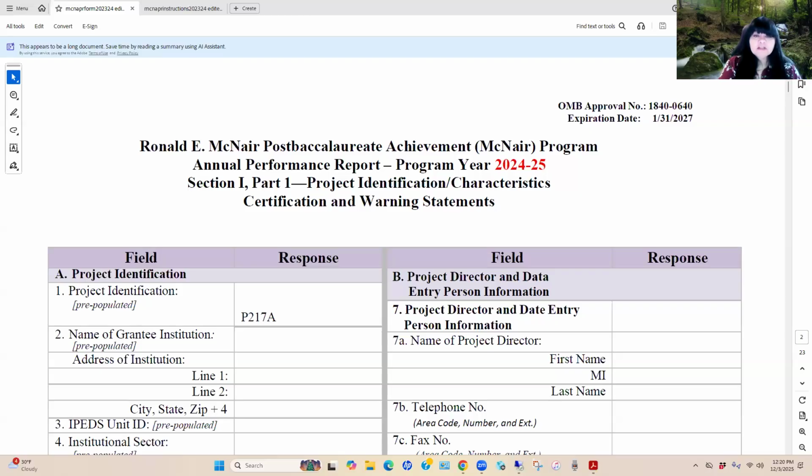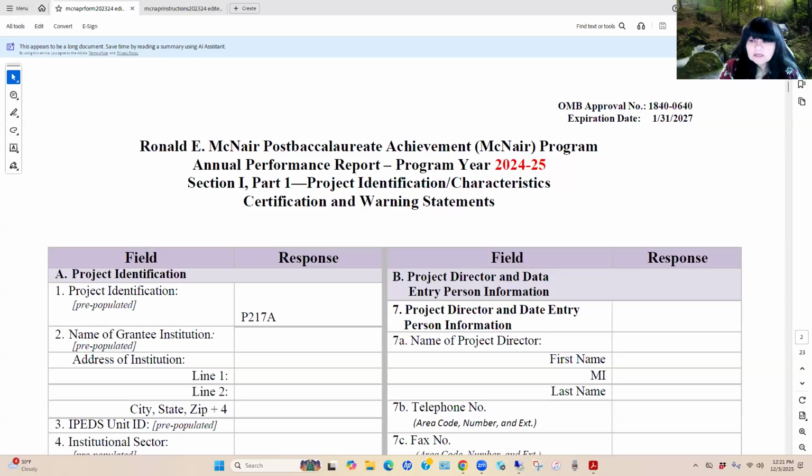So let's go ahead and take a look at section one. Section one, part one, is the project identification and characteristics. Here, in this view, we're looking at the form: what are the questions that are going to be asked of you to respond to in the web portal?